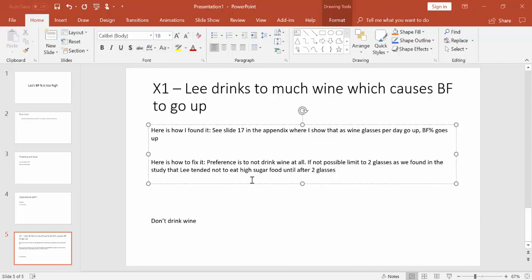You say, now, wait a second, you kind of lost me there because you didn't mention that up here. It shows us wine glasses per day go up, body fat percent goes up, but now you're talking about sugar. Okay, well, let me just go back and update this. Wine wasn't the causal factor alone. What happened,